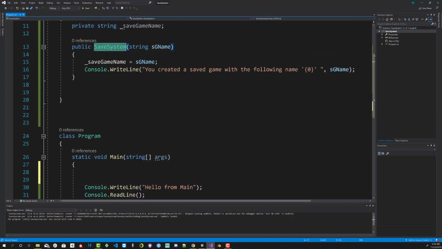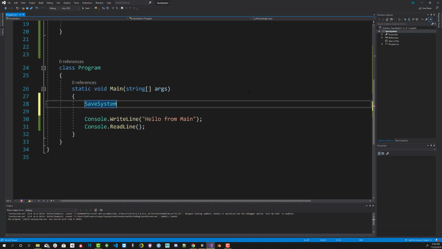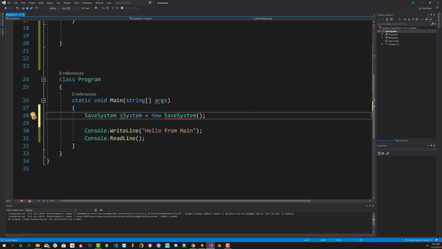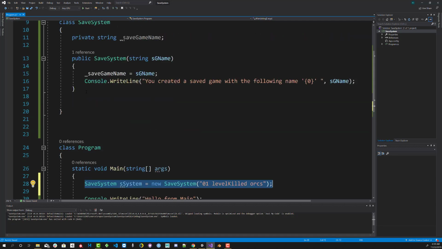So I'm going to copy this. I'm going to paste this here, and I'm going to name this sSystem. And the first element, right? So I'm going to go saveSystem equals a new member of that SaveSystem, right? And what I'm going to pass in here is the name of my save game. So maybe I'll make it like 01 level, you know, whatever, killed orcs or something, killed orcs. All right. So as this runs, you'll see it's going to immediately call this here,